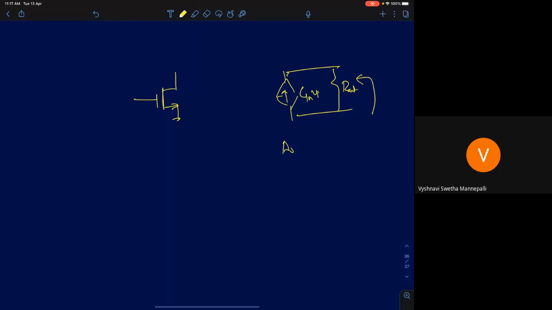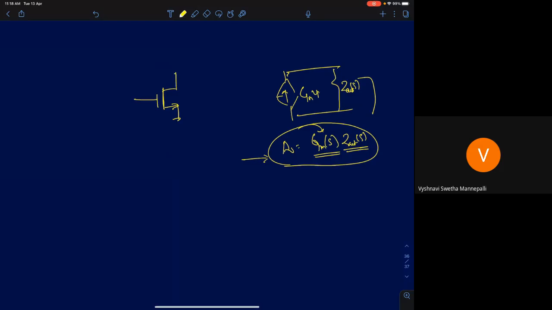So the gain of this circuit, Av, can be written with the transconductor being frequency dependent. Output resistance can also be frequency dependent, or I can write it as Zout of s. And we said that if you find the poles of either the output impedance or the transconductance, that's equivalent to finding the poles of the overall amplifier itself.